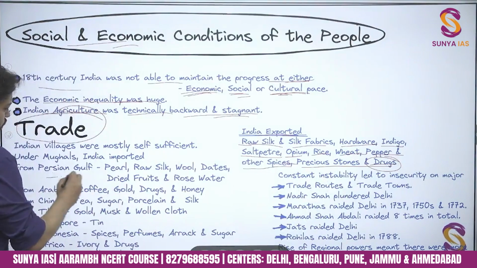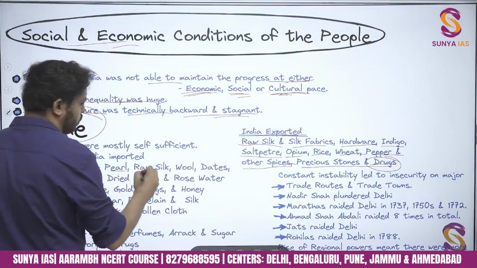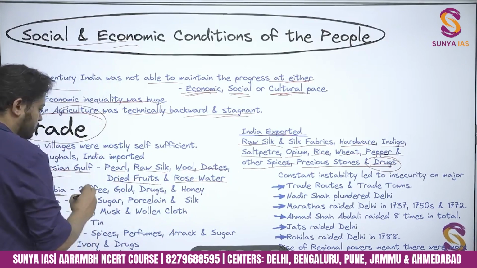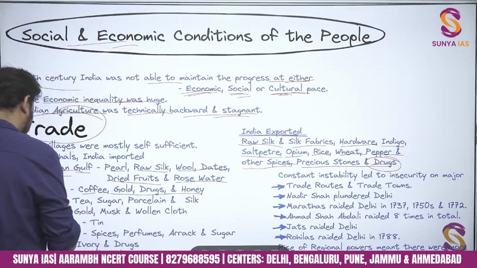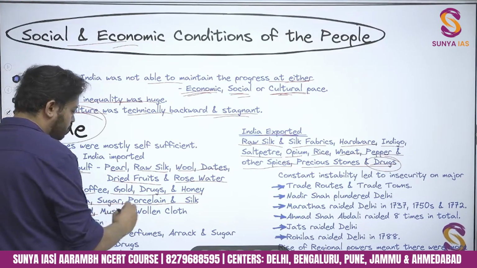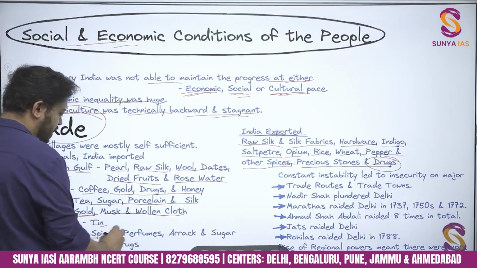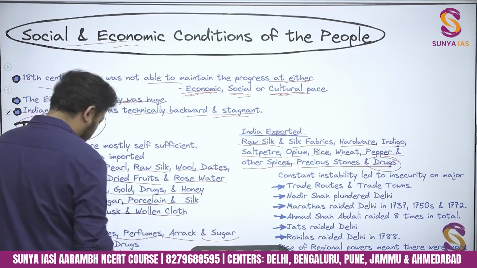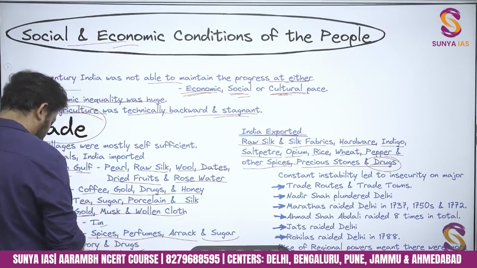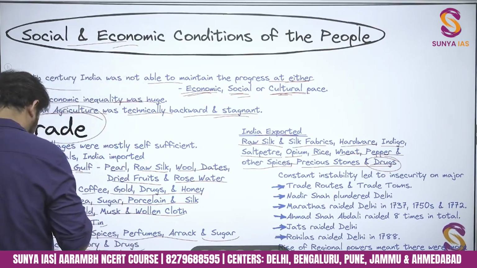Now, what were the things which were imported from other parts of the world? From the Persian Gulf: pearl, raw silk, wool, dates, dried fruits, rose water. Arabia: coffee, gold, drugs, and honey. China: tea, sugar, porcelain, and silk. Tibet: gold, musk, and woolen cloth. Singapore: tin. Indonesia: spices, perfume, arak and sugar. Africa: ivory, drugs. Europe: woolen cloth, copper. Okay, so these are some of the things